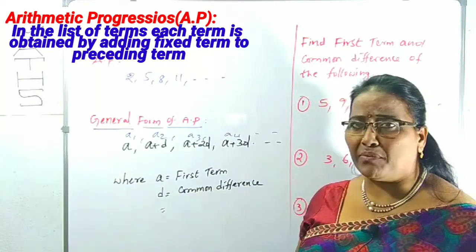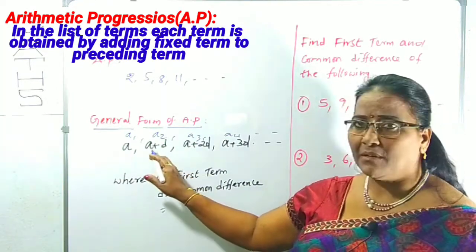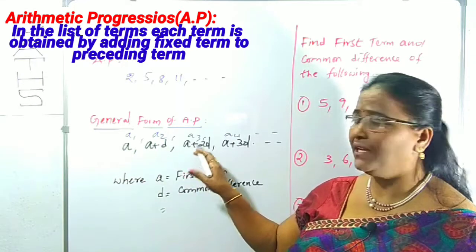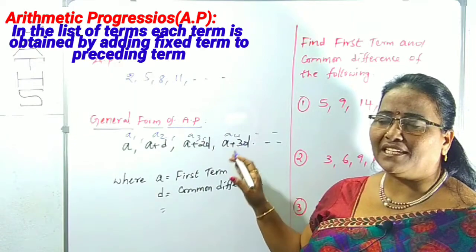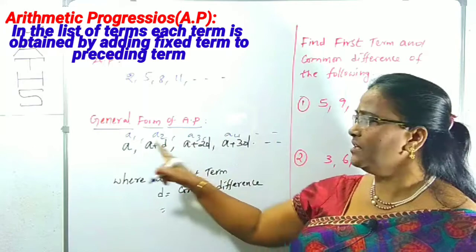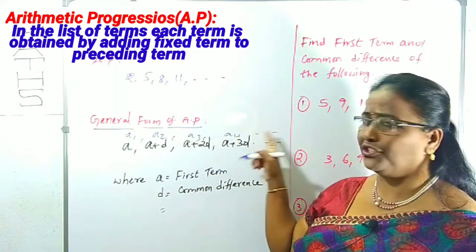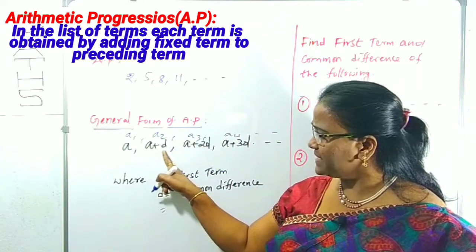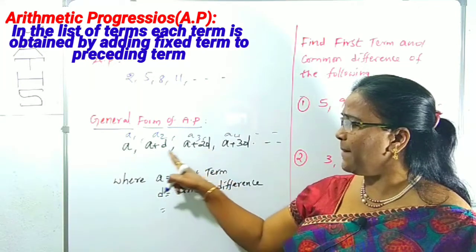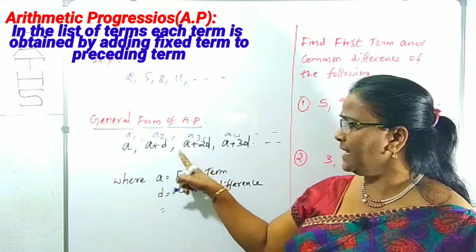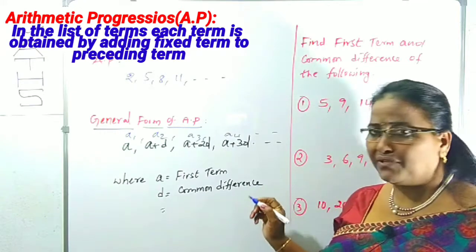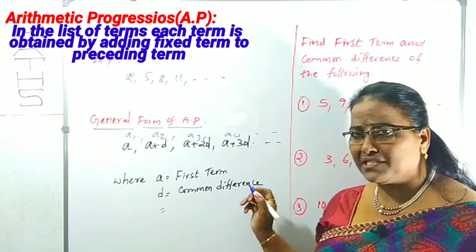That is called the common difference. How can you get the common difference? By subtracting A1 from A2, A2 from A3, A3 from A4, we can get the common difference, where A1, A2, A3, A4 are called first term, second term, third term, fourth term, etc. You know, A plus D minus A is D only. Similarly, A plus 2D minus A plus D, A cancels, 2D minus D is D, like that. That's why you can give the name for this one, D, common difference.